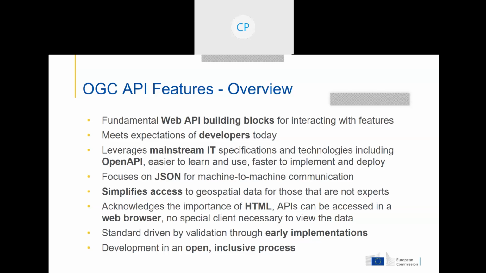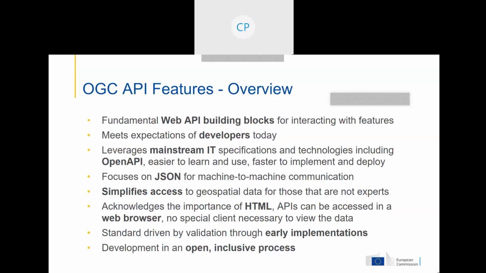Currently, for HTTP or web APIs, that's JSON. So that's what we focus on. And I think in all the deployments that you will see today, they're all using JSON for machine-to-machine communication, and also leveraging GeoJSON as the format for features, which has very wide support in libraries and tools.